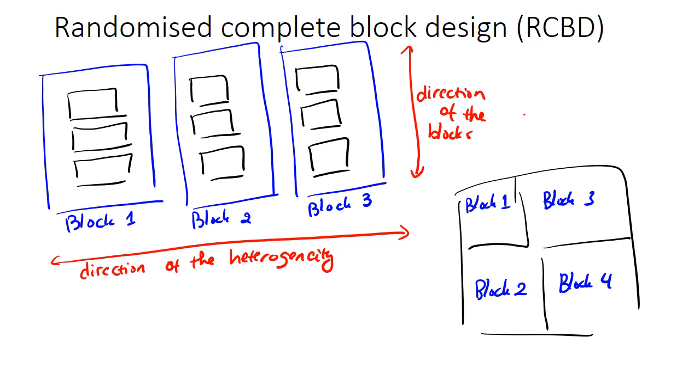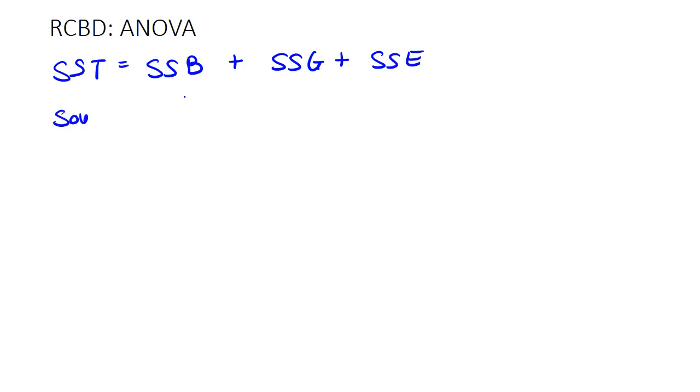Treatments are randomized within each block. Each treatment occurs once within each block, so each block contains a complete set of treatments. The number of replications is the same as the number of blocks. For RCBD, the total variability is partitioned into among block variance, among treatment variance, and variance due to random residuals. The ANOVA table